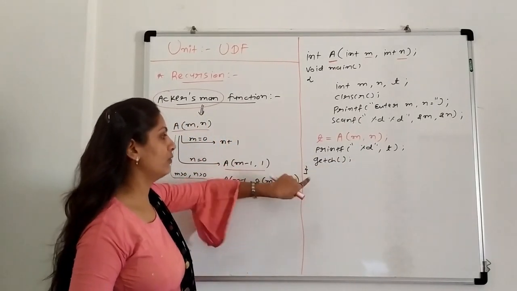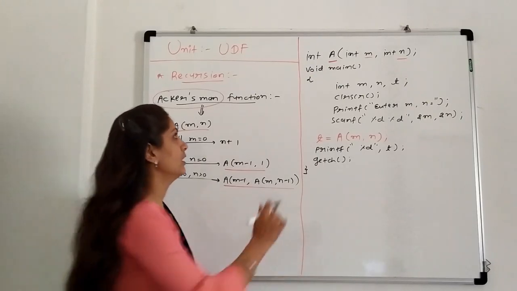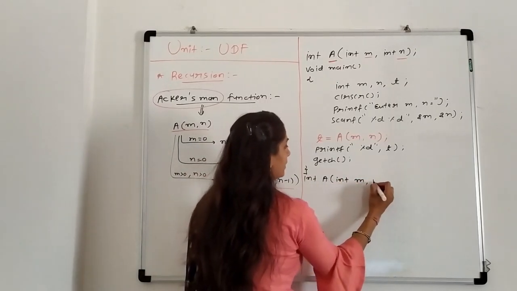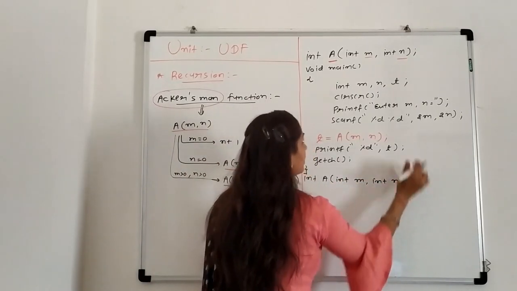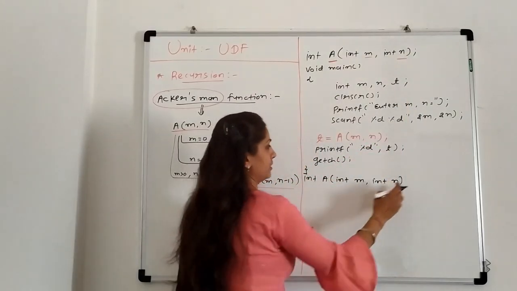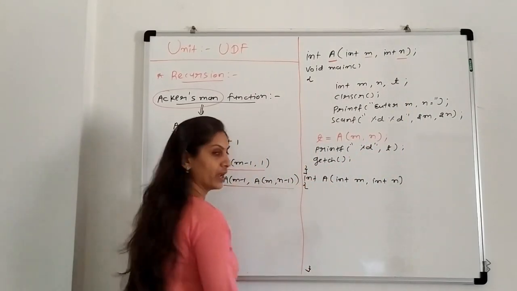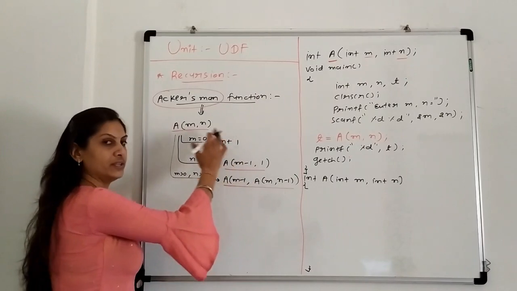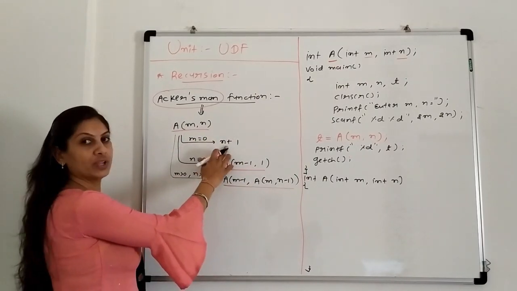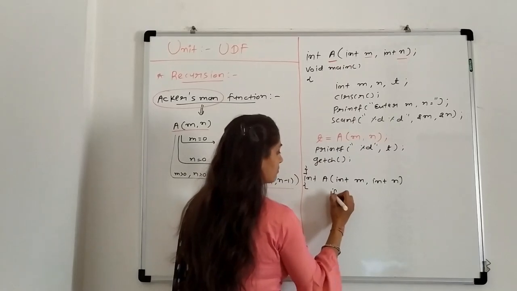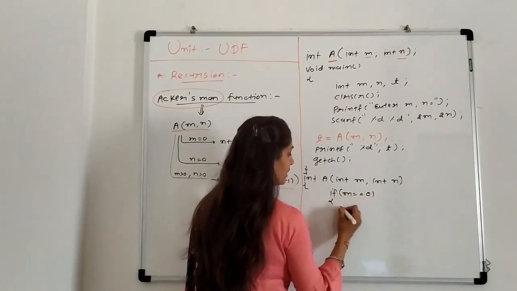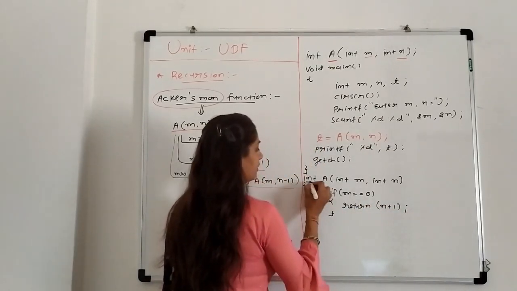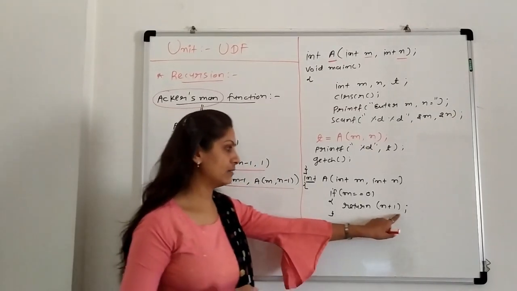Now after the function call, what do we have to write here? Function definition. So first copy this line, integer A, integer m, integer n. No semicolon. Semicolon is only for a declaration. Here we have to write the start and stop brackets. Inside these brackets, we have to write the logic, and that is our condition. Clear? If m is 0, then the output is n plus 1. So here the condition is: if m equals 0, then this function returns the answer, that is n plus 1. It returns an integer value, that is n plus 1.